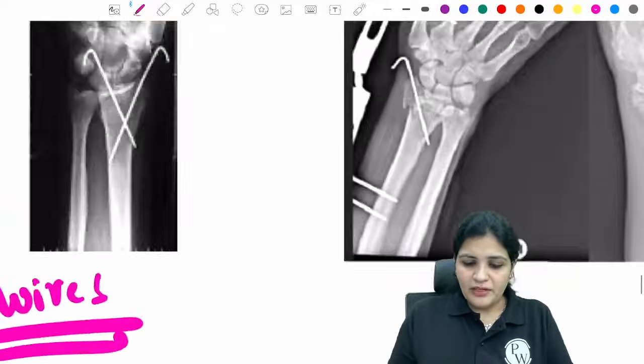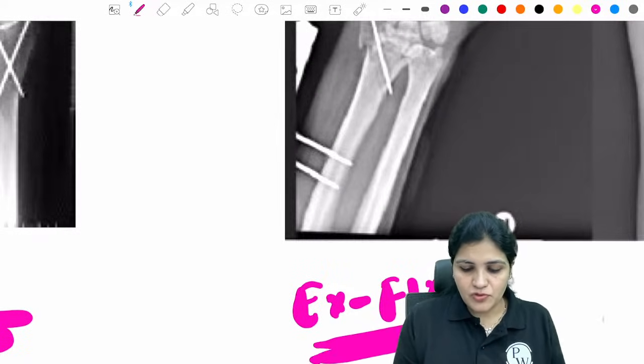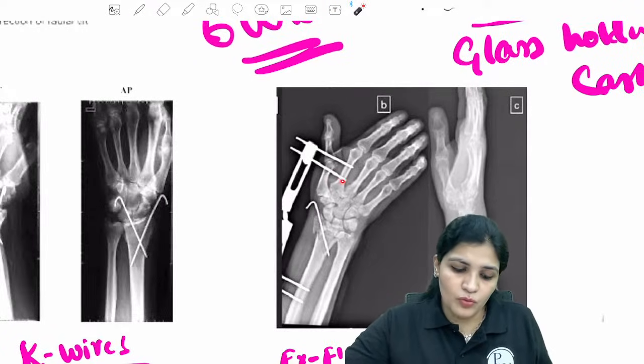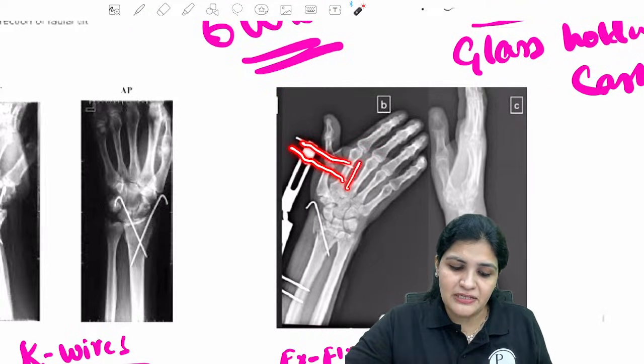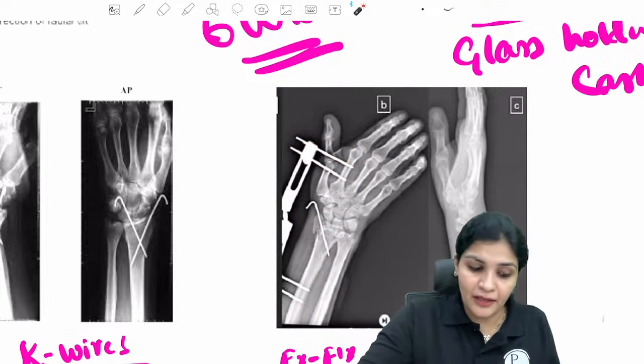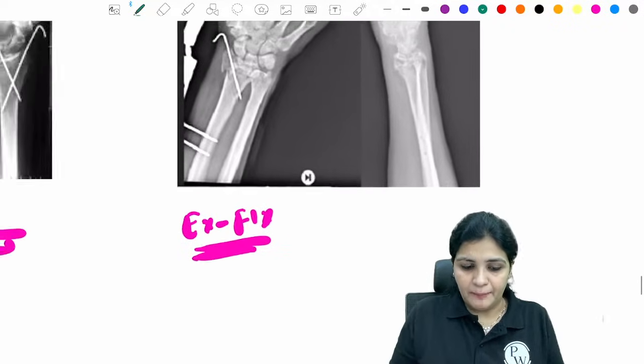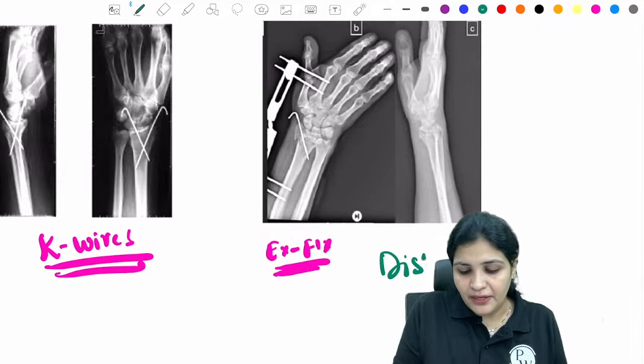And sometimes what they do, they also put this X fix. So this is called the X fix. So you see, these are the two small shunt pins which are present in the metacarpals and two in the radius shaft. And now what is happening here? So here you have to understand there is one more concept, because the distal radius